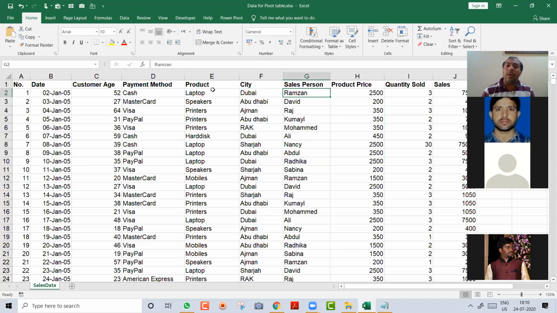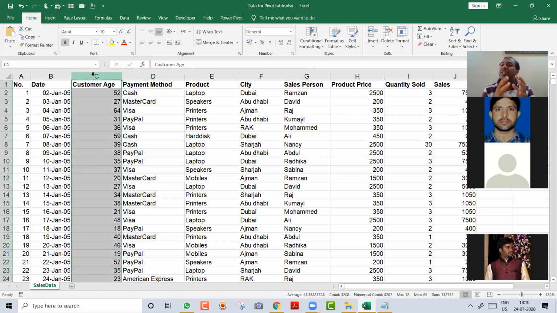You can do reporting on product, which product is selling how much, so that if some product is selling less, you can do more marketing on that. How people are paying. India became digitalized, but still people are paying in cash or they are using MasterCard, Visa card. Which age group of customer is purchasing what product?